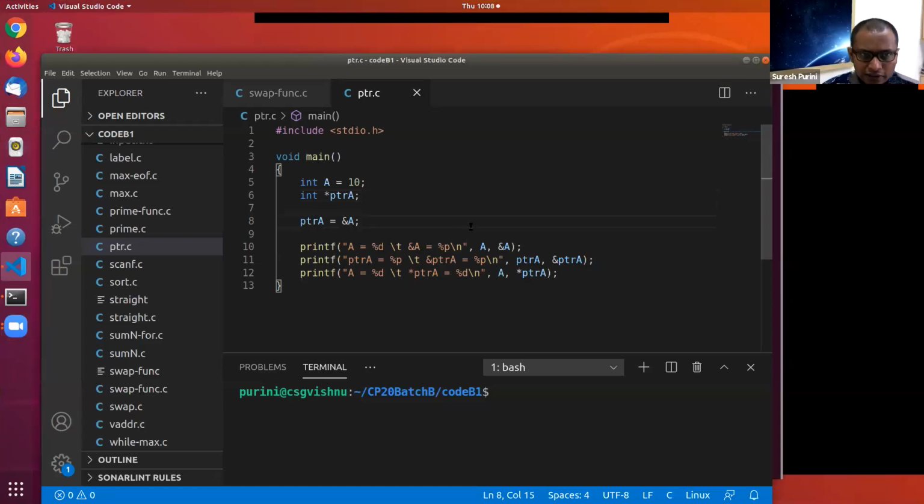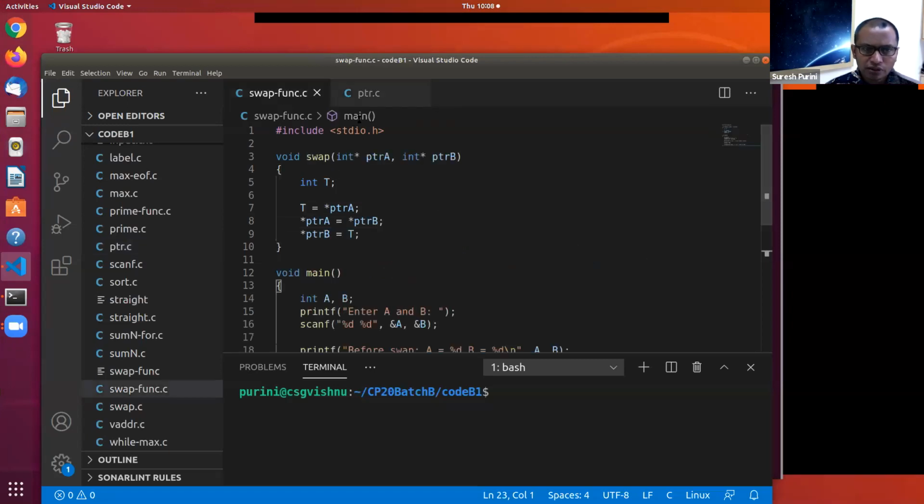So in the last class, we looked at pointers and we learned how to use pointers to write a function which can swap the contents of two variables. This is what we looked at in the last class. In today's class, we will study arrays,